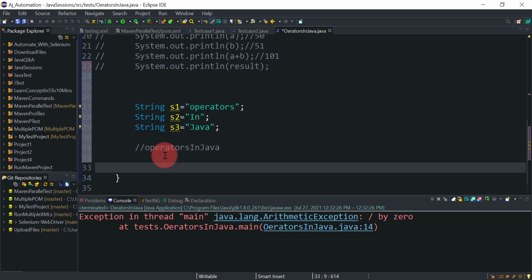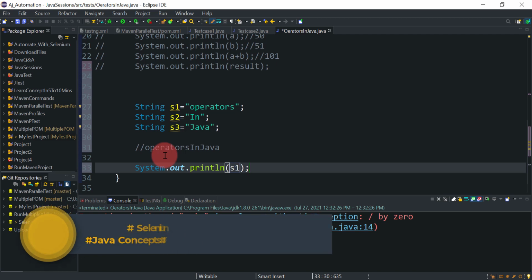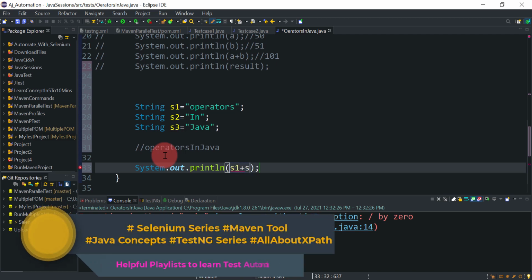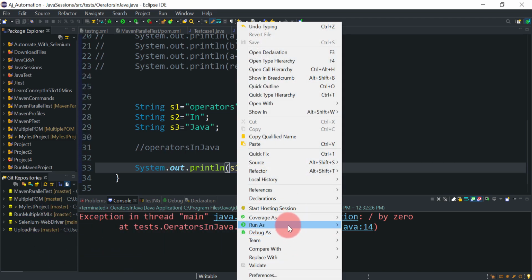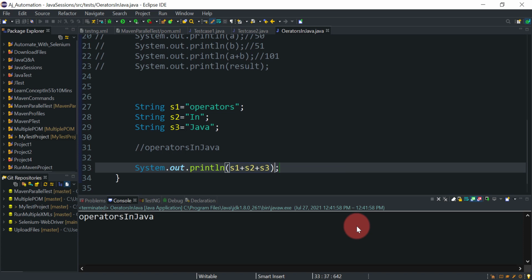We'll directly print that value: s1 concat with s2 concat with s3. If we run this, you can see here we got operators in Java.